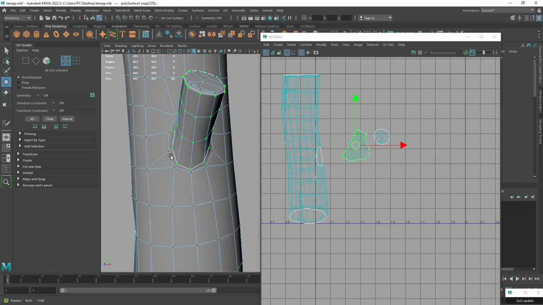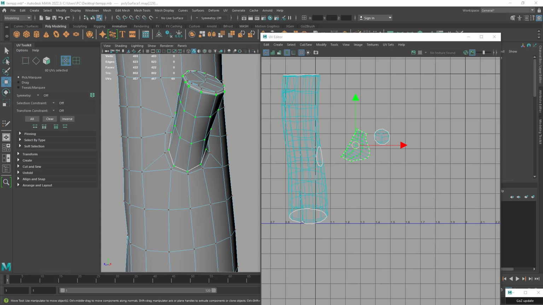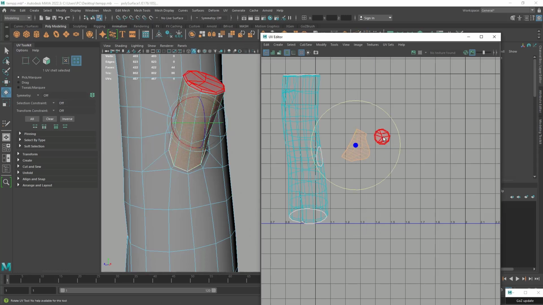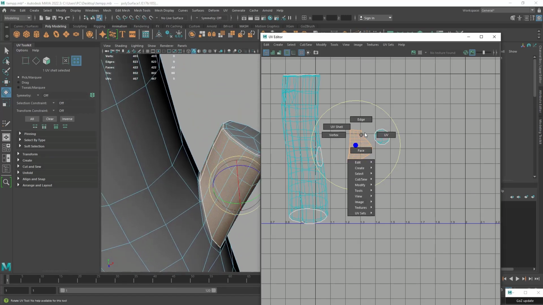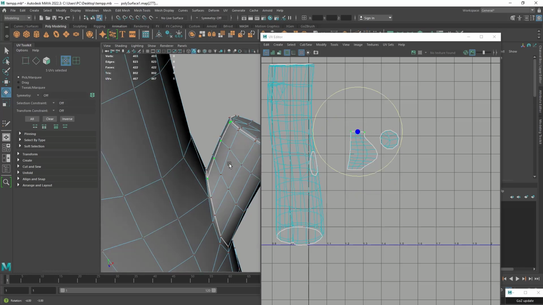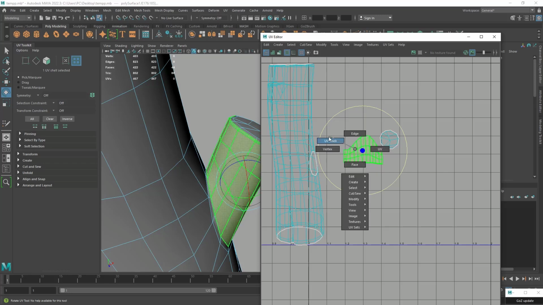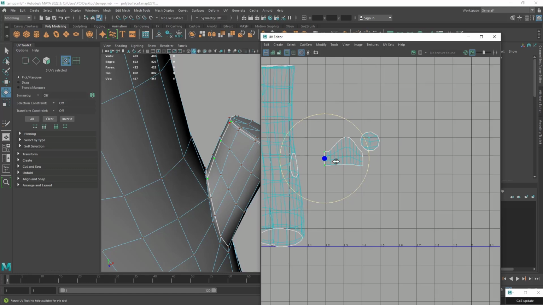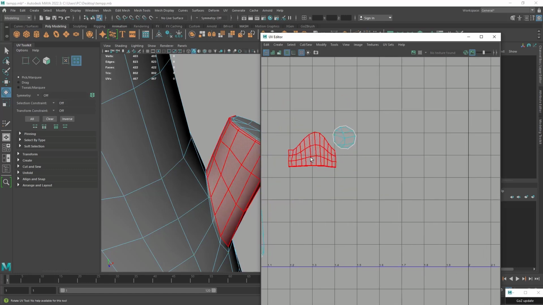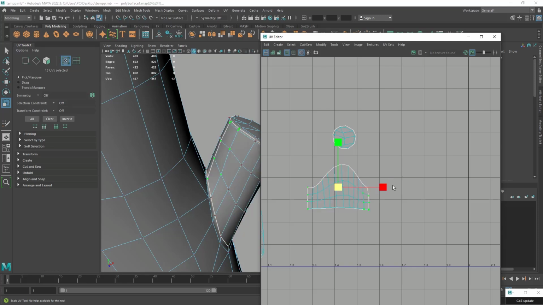Let me see here. For example, we could, let me rotate this part. We have these points, so let me rotate something like that. And these UVs, we could pin them. So let me scale it and scale. Usually this